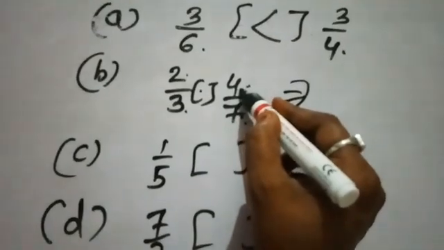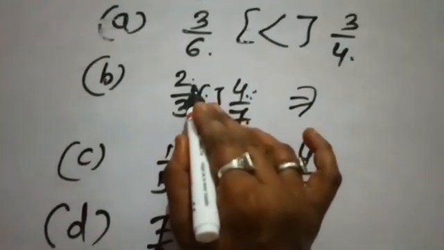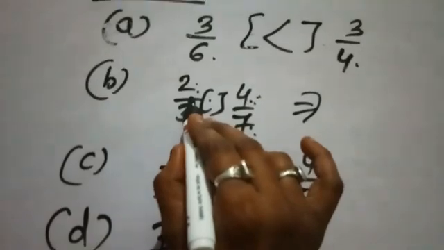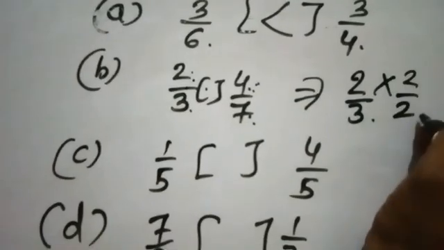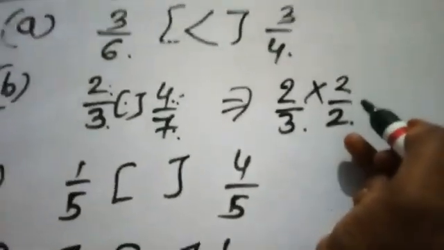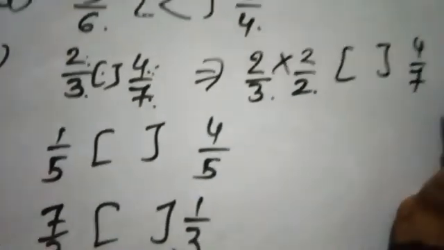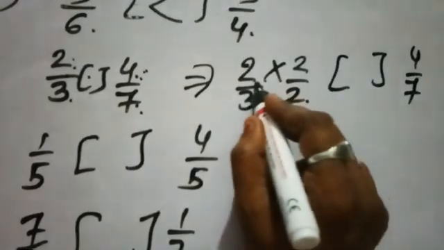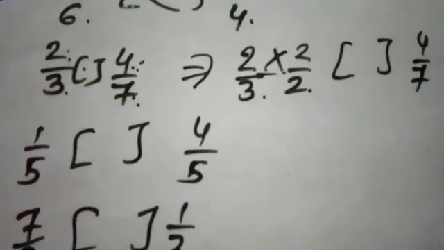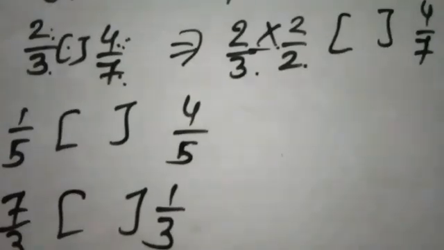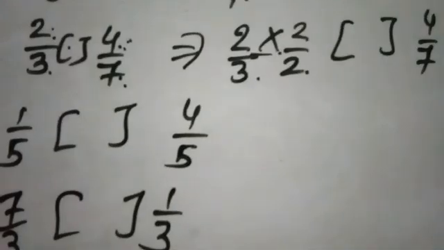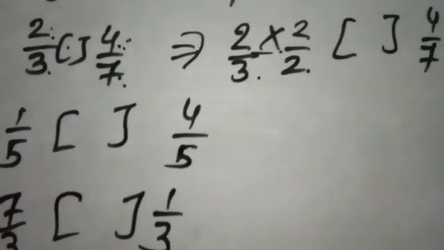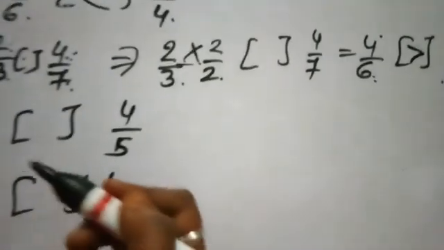Here this is 4, it comes in the table of 2. So we have to change the numerator. For 2 upon 3, we have to multiply numerator and denominator with the same number. For what? We want to identify which fraction is bigger and which one is smaller. When we multiply, it is 4 upon 6, then 4 upon 7. Numerators are same, denominators are different. So which one is the bigger number? Smaller denominator is the bigger number.